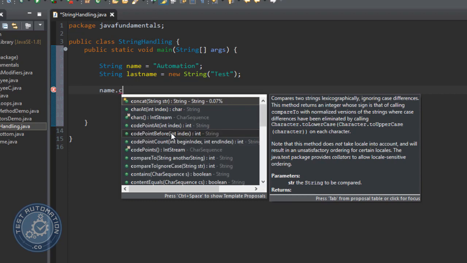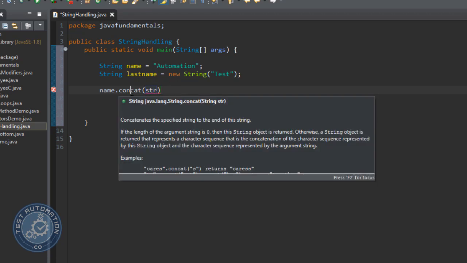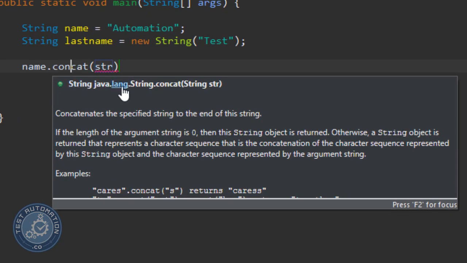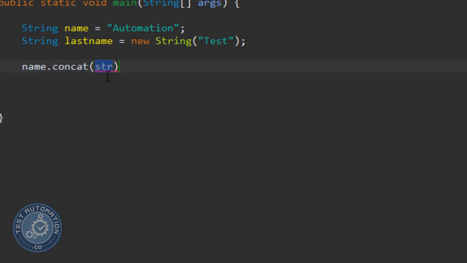So here we will use concat, and the parameter it is looking for is a string. You need to mouse over the concat and see what the method is expecting as a parameter. Here the method is expecting a parameter of string type, and you'll still get the definition and some information which is handy right there: concatenate the specified string to the end of this string. Here we don't have anything by name str, but we do have something by name lastName. Let us concatenate that,